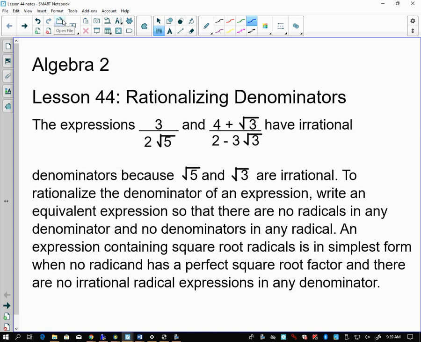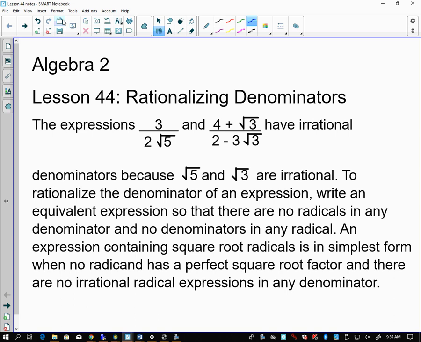All right, Algebra 2, Lesson 44, rationalizing denominators. I think we've already talked about part of this, where if we had a radical in the denominator, especially if it was a square root, we would multiply by that square root top and bottom in the numerator and in the denominator, right? Because it's equivalent to 1, and it would basically, let's say we have like 2 over square